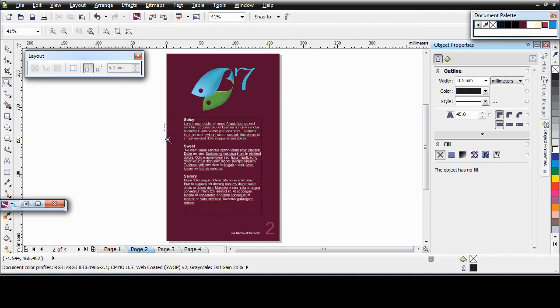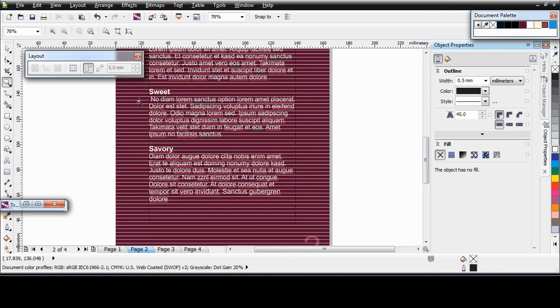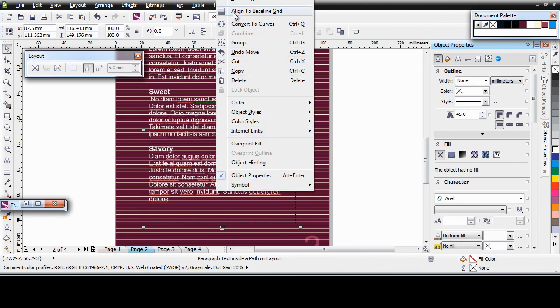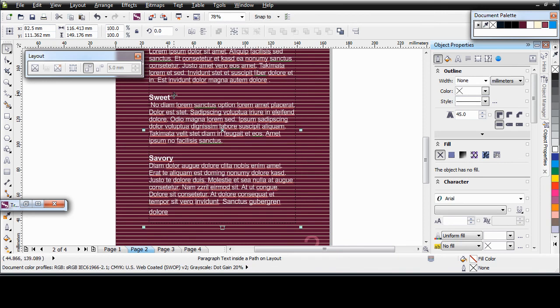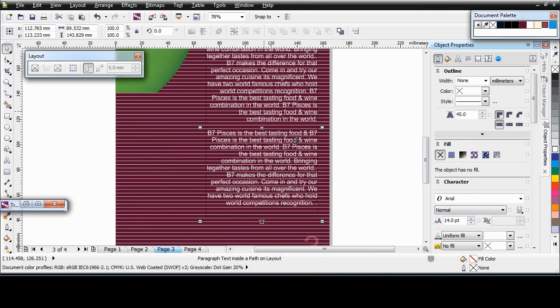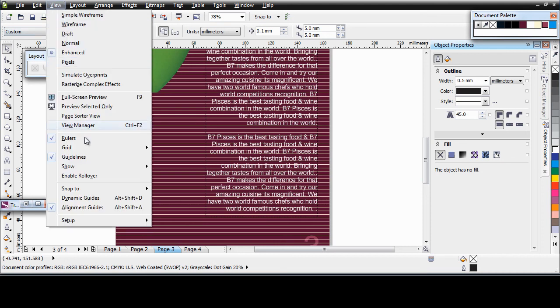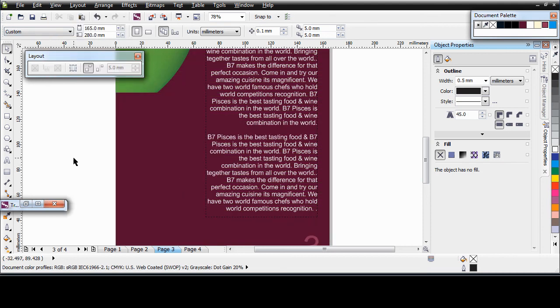The last area I want to look at are the text frames on page 2 and 3. Let's quickly zoom into here. I'm going to come up to View and turn on, under Grid, the baseline grid. Effectively, the baseline grid gives us spacing between the lines and the ability to line up various pieces of text. Well, if you right click on the text, you can choose Align to Baseline Grid. Now all of my text is aligned perfectly to this grid. If I go to page 3 and right click Align to Baseline Grid, I now know that my text is aligned across pages. Under View, turn off Baseline Grid, F4 zoom out, and now we're